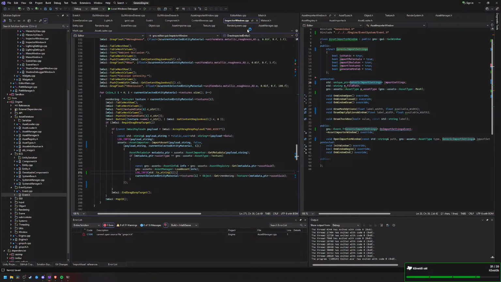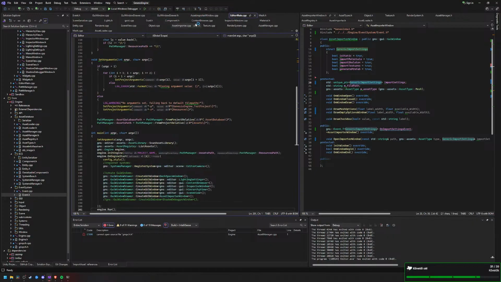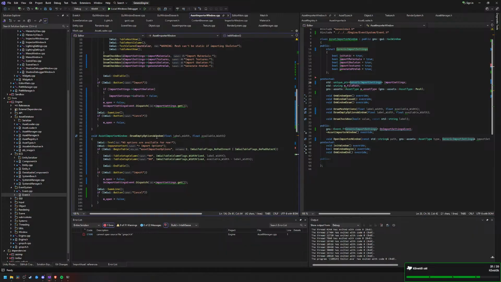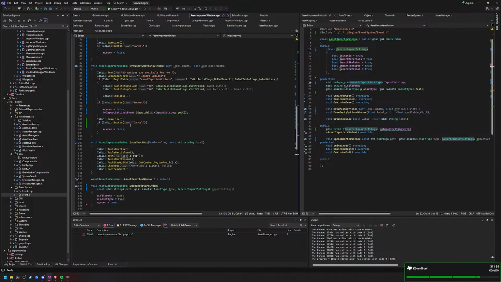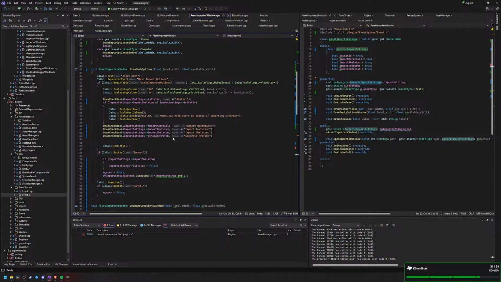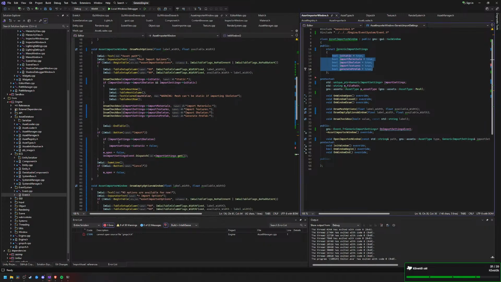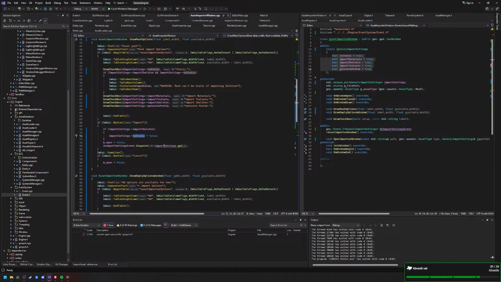All right. For now. Importer window. Now if I open the window, I'll be able to set this stuff. Settings and this one import settings yet. And then